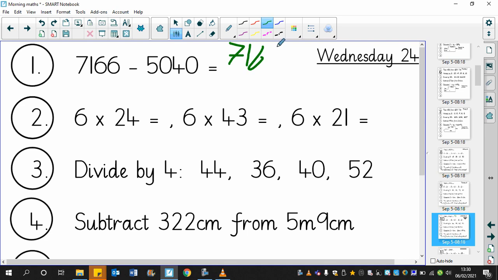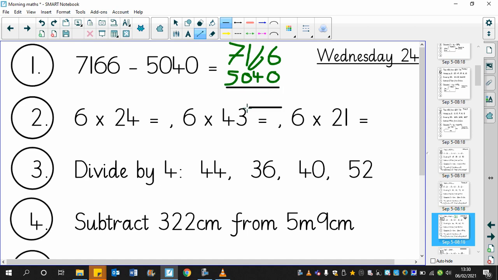7,166 take away 5,040. Now I've got a feeling this is going to be a bit easy peasy lemon squeezy. So let's just have a look. Let's draw a straight line and another straight line, and let's go back to, whoops, go to there, and let's